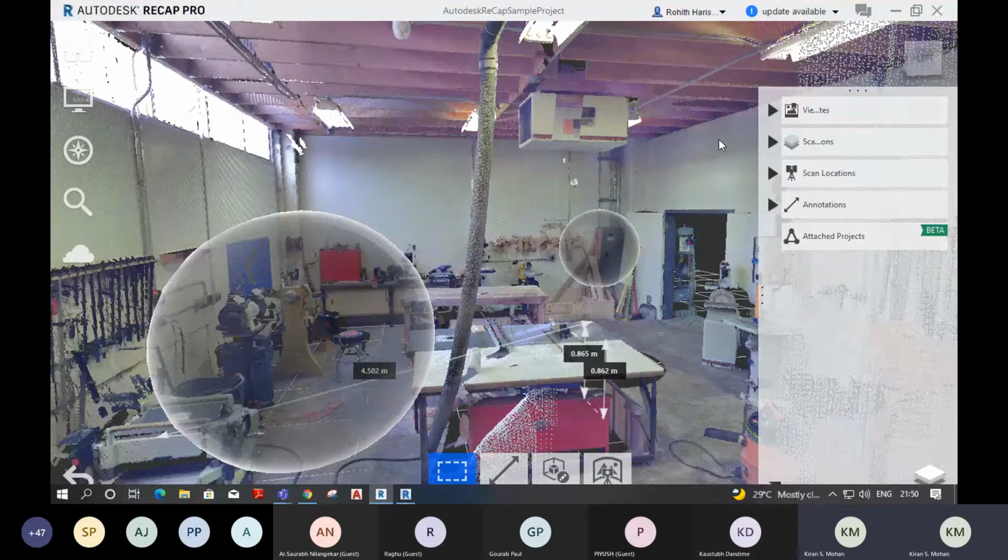Okay, so do you have any other doubt in linking or in any of this process? Yes, sir. I have one more doubt. If we get the field notes from the client, like the dimensions and measurements, do we have to scale the point cloud according to those field notes? No, you don't have to scale it, because when you're adding the survey points and all, it will automatically scale into that dimension.